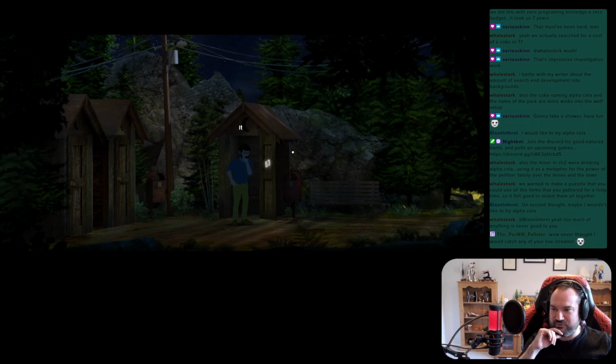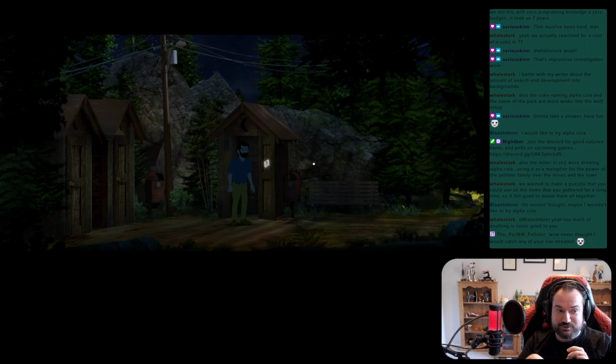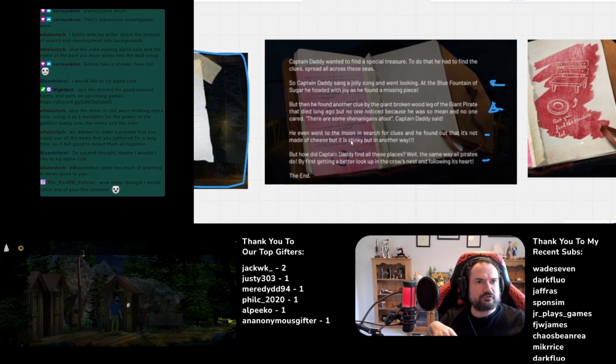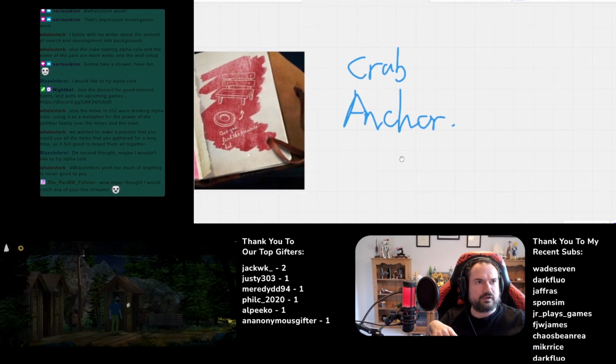It's a pirate flag, glow-in-the-dark ink. It only shows up in the dark after being exposed to light. So now if we turn the lights at the mine... No, hang on, no. We already found the anchor at the mine entrance. Wait, let's go back to our little clues here. So our little clues here said... Oh yeah, crab, anchor, flag...